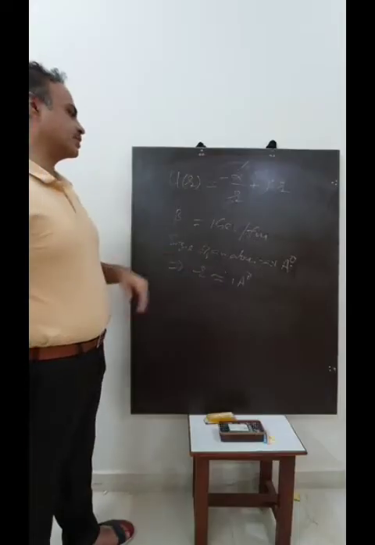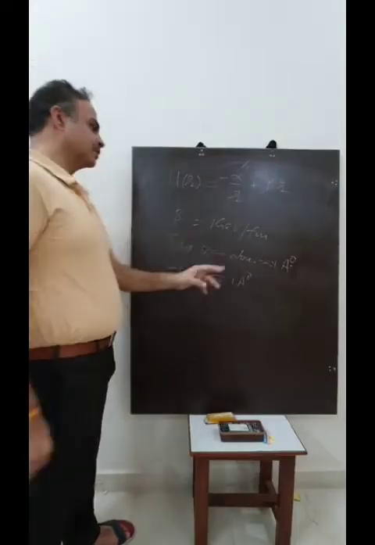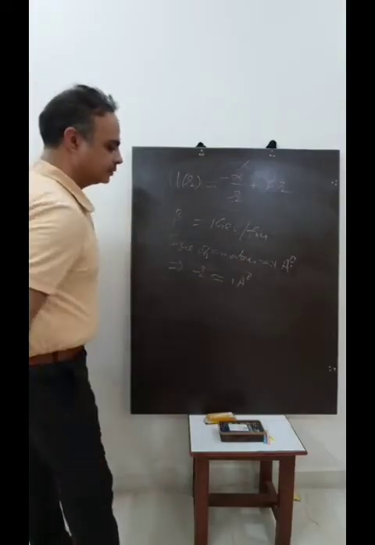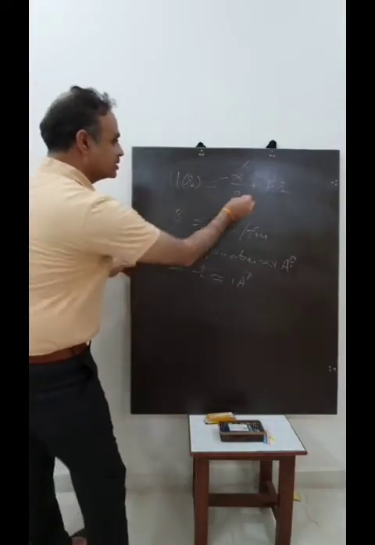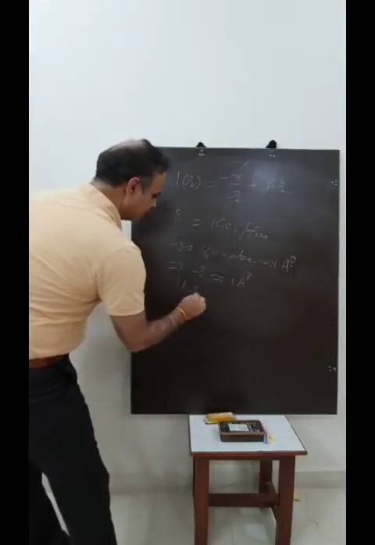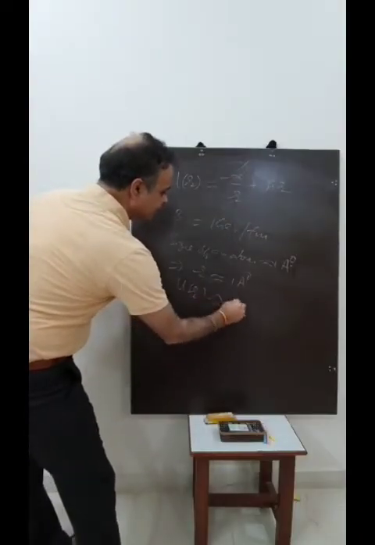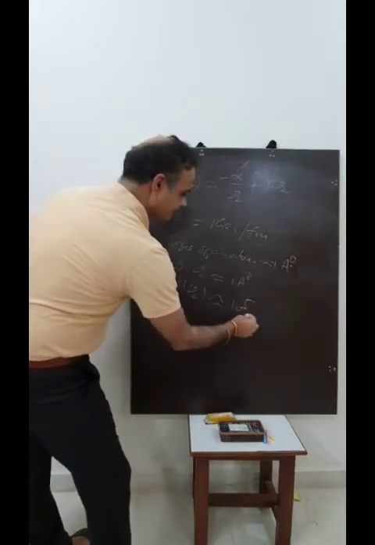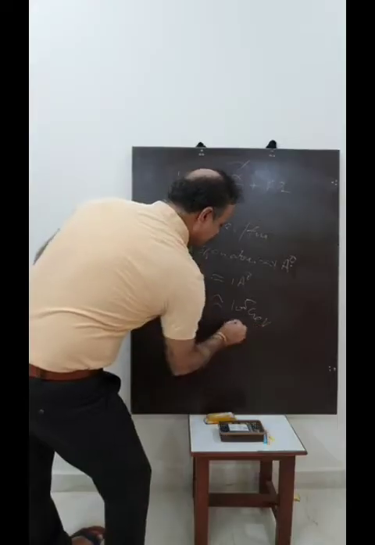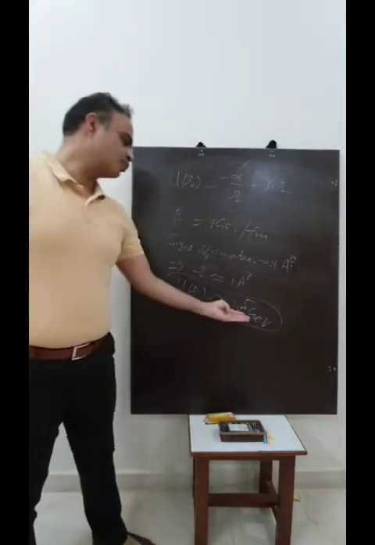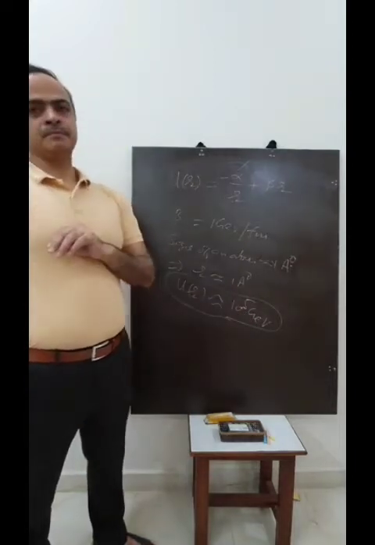So if r is 1 angstrom, then what is this term? Beta is 1 giga electron volt per Fermi. We convert it into Fermi. Then what is this energy term? We neglect the other term. Then U(r) is almost equal to 10 to the power 5 giga electron volt. Means so much very high energy.